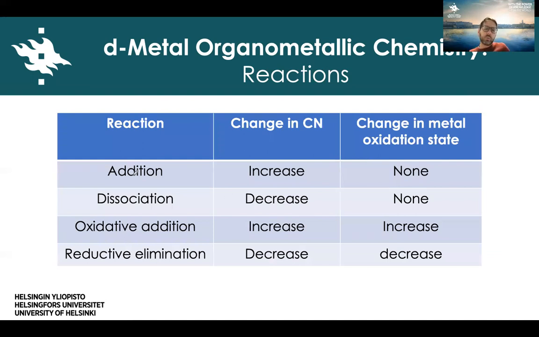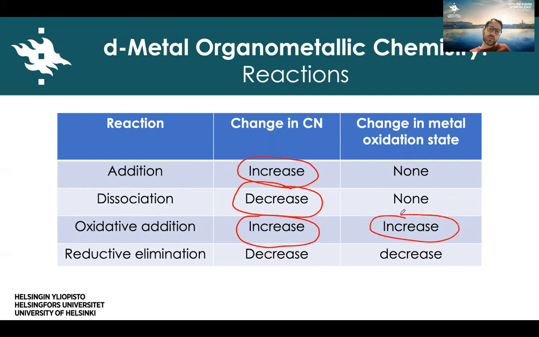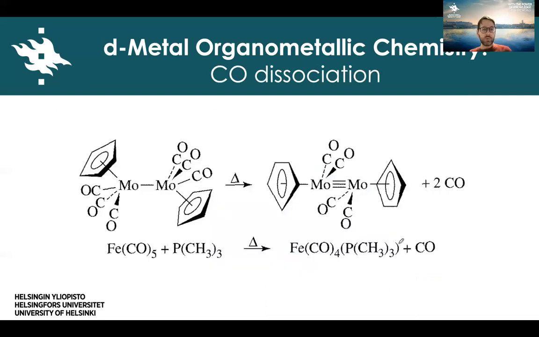Addition reactions will lead to an increase in coordination number. Dissociation reactions will lead to a decrease in coordination number. Oxidative addition will lead to an increase in coordination number, with also an increase in the oxidation state of the metal, while reductive elimination will lead to a decrease in coordination number, as well as a decrease in the oxidation state of the metal. So here are two examples of ligand